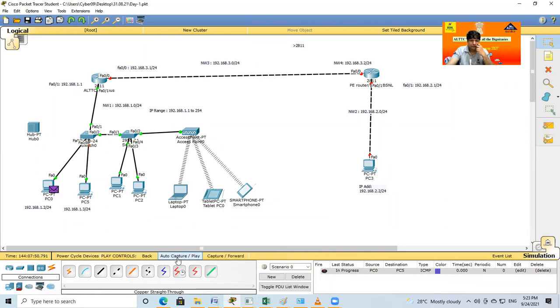It captures green, then orange. I'm just waiting. After some time, because the switch takes time to respond. Just waiting now, then we can check. Now play. Address allotment.